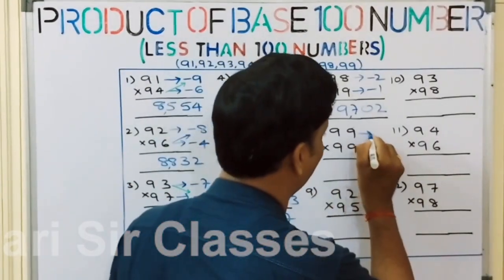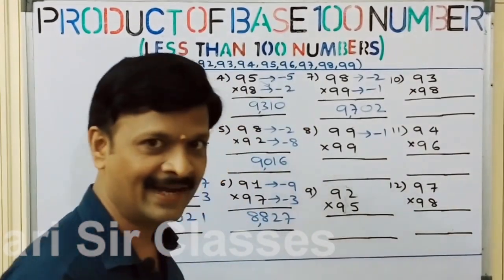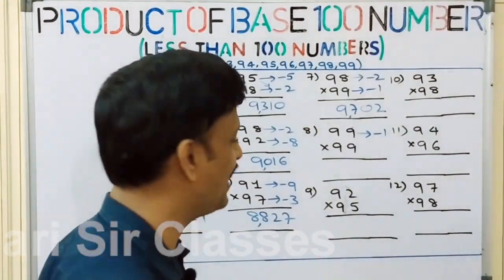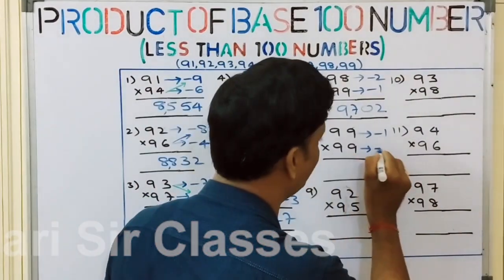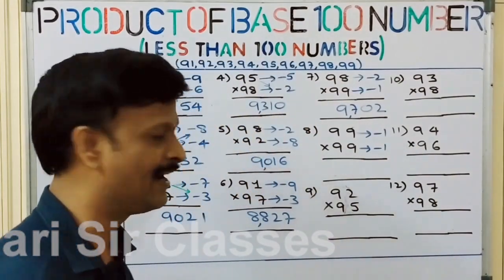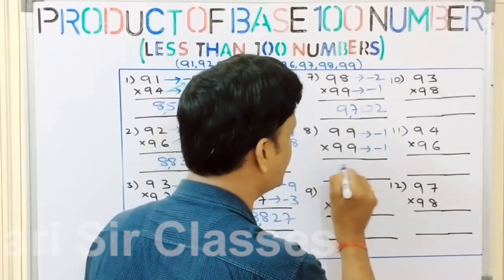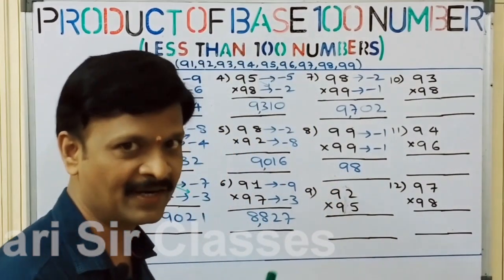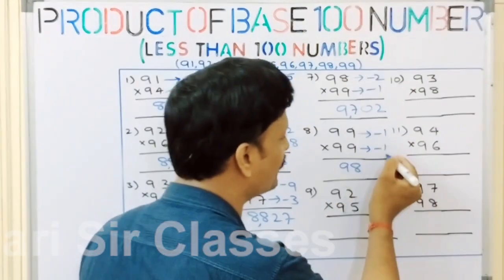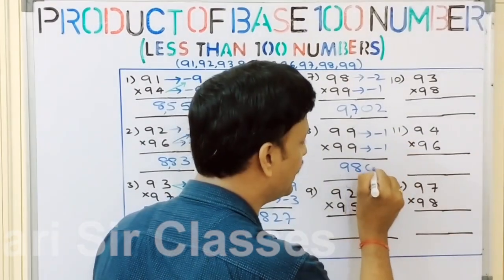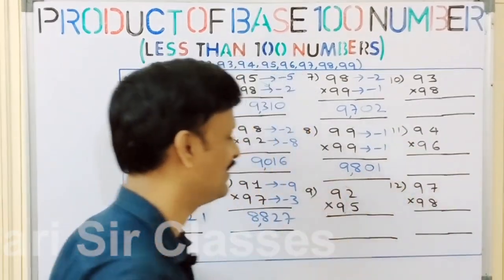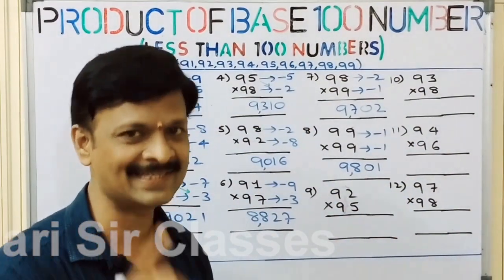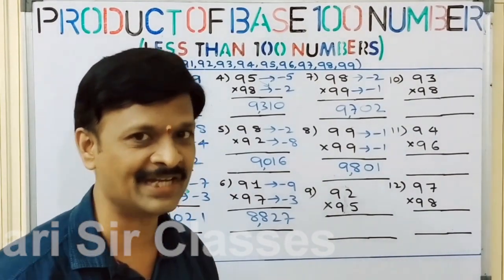Here you can see this is minus 1. That is, 99 is 1 less than 100, and one more 99 is given, that is also 1 less than 100. Now you can see 99 minus 1 is 98. Okay, let's write down here 98, first part of the answer, and the second part is minus 1 into minus 1, 1. We will write it as 0, 1. So 1 alone we will not take because it is a single digit number. We need to take two digit numbers definitely.